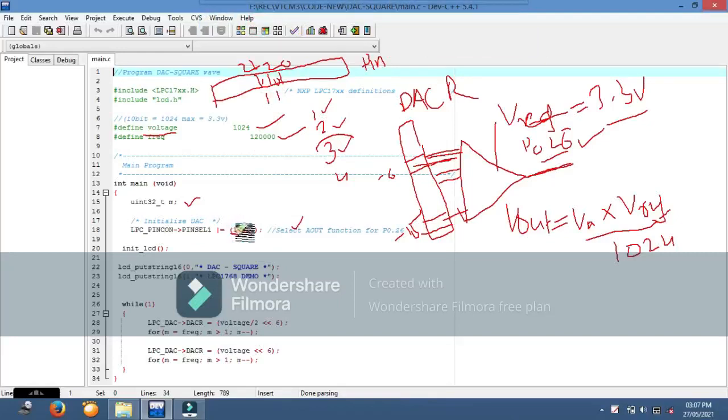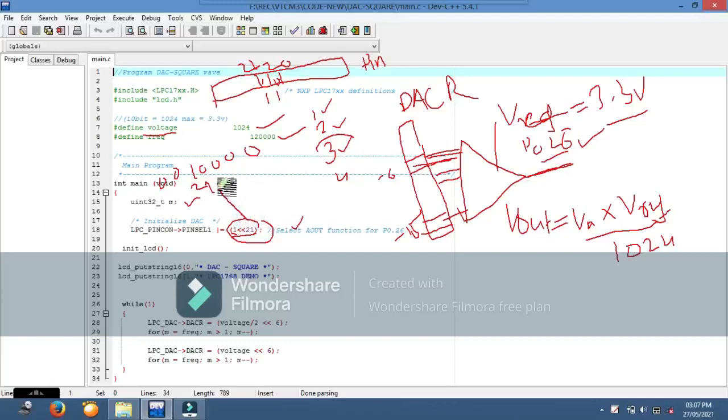To do that, you can see we are shifting 1 left by 21 times, so this value will become: bit 21 will be 1 and the remaining bits are all zeros. Only bit 21 will be 1.